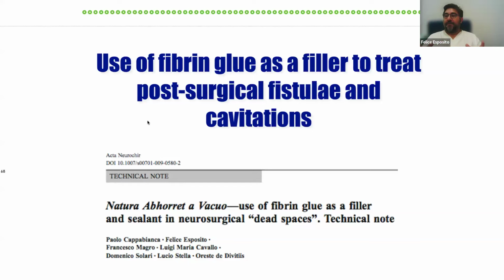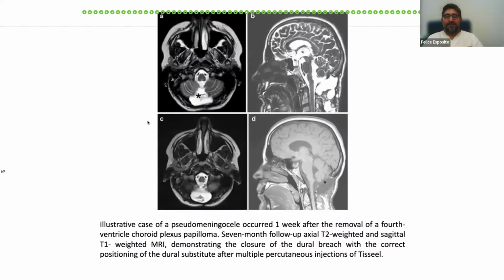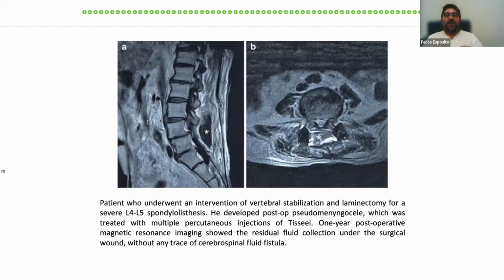Now, the epidural blood patch, most of the times, helps us to stop small leakings. With this concept in mind, we use fibrin glue to fill the dead space and seal, either in posterior fossa surgery to treat this pseudomeningocele of the posterior fossa, or in spine surgery,